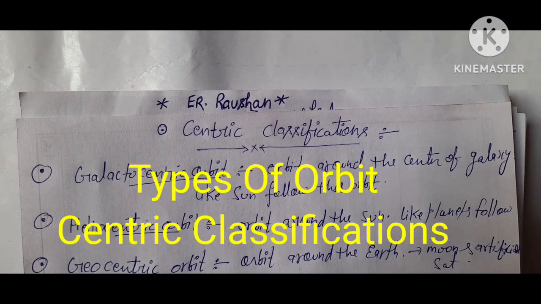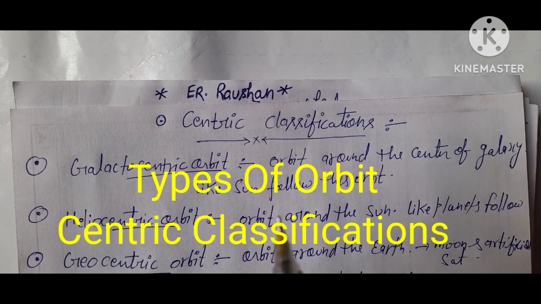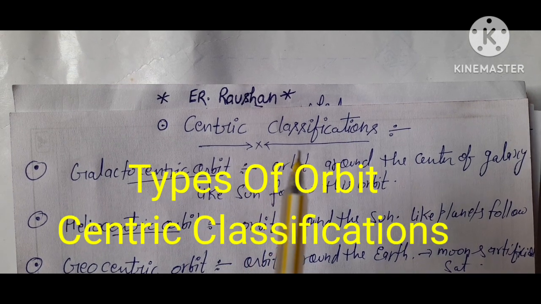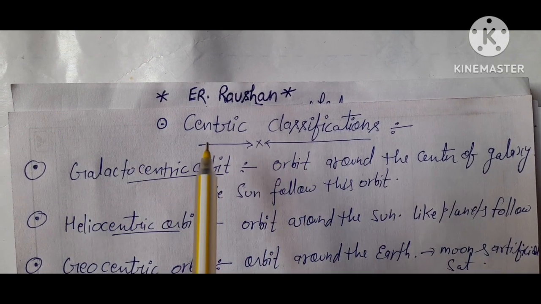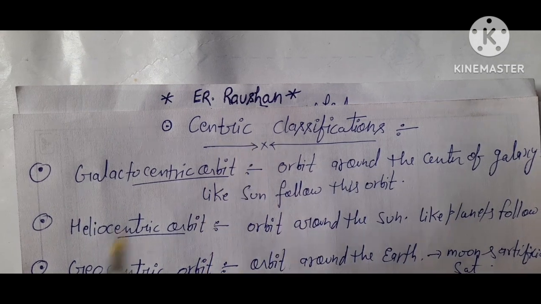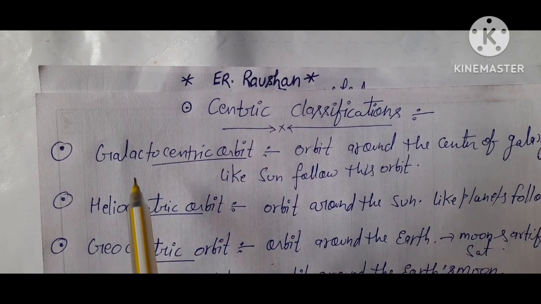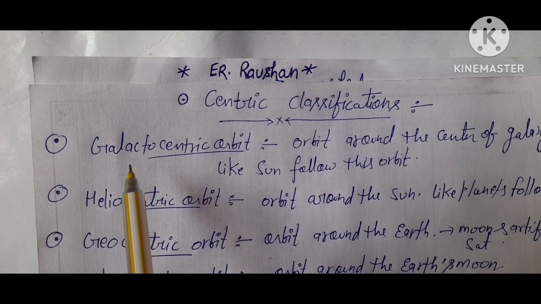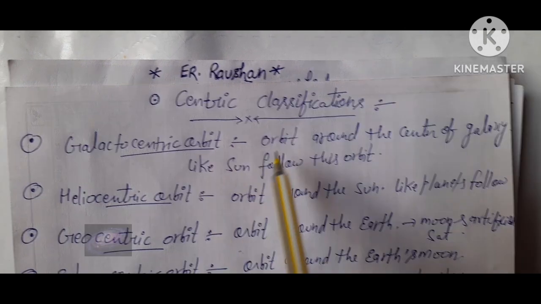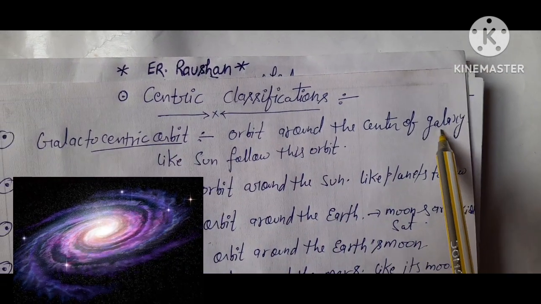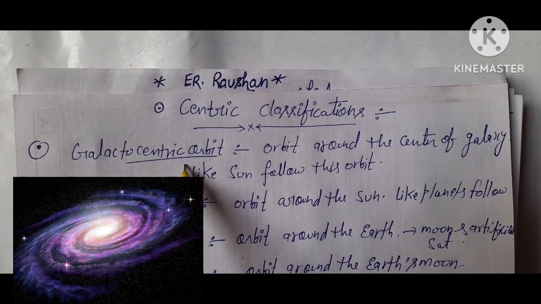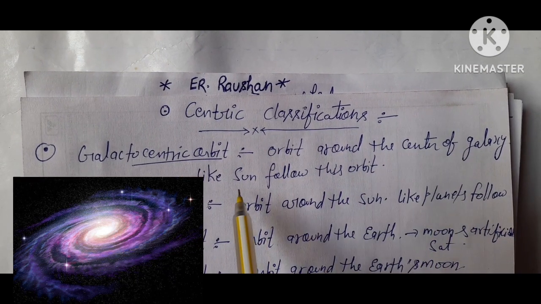Now in the series of types of orbit, here I am talking about another classification with respect to centric. The classification according to centric orbit. So what is the first classification we are talking about here? Galactocentric orbit. The orbit around the center of a galaxy is known as galactocentric orbit, and this orbit is followed by our